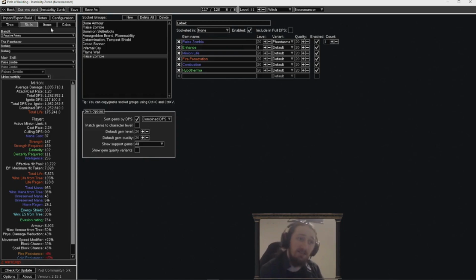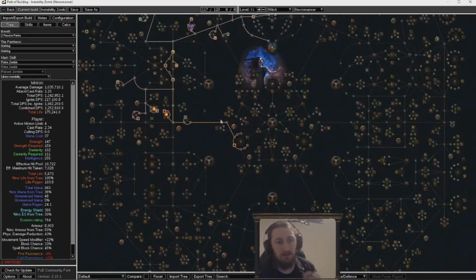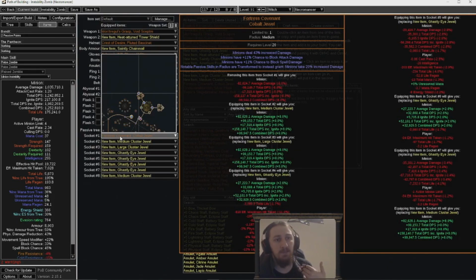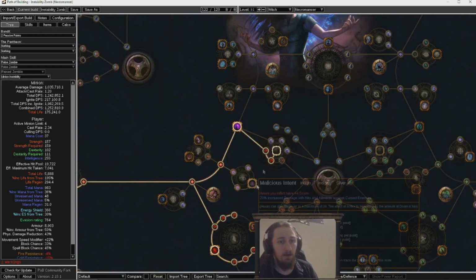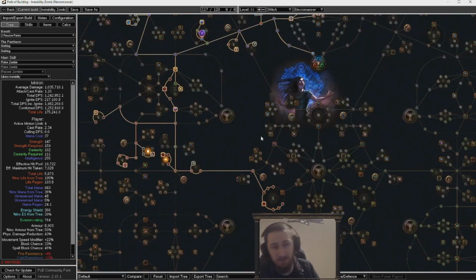I could also, in theory, run Fortress Covenant in the links on my tree and convert a bunch of notables. If you don't know how Fortress Covenant works, any notables within its radius get converted into a notable that instead just gives you minions take 20% increased damage, which is supposed to be a downside, but in a build where you're trying to actively kill your minions as quickly as possible, sort of becomes an upside. So I could put it like here, and then all of these notables in this radius would turn into minions take 20% increased damage. But that is massively passive point intensive,